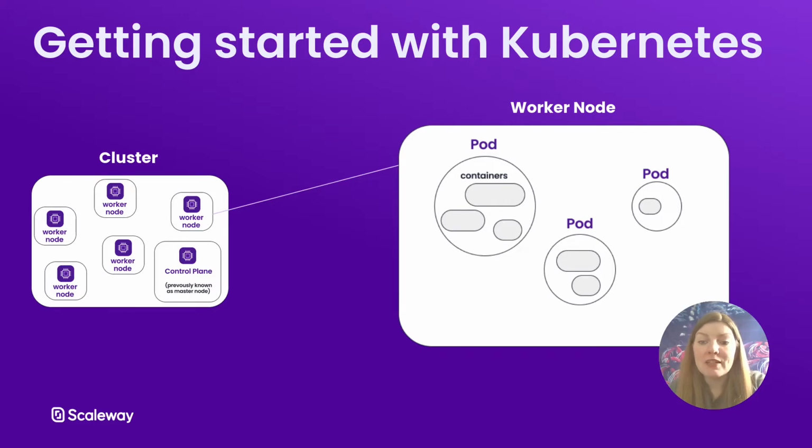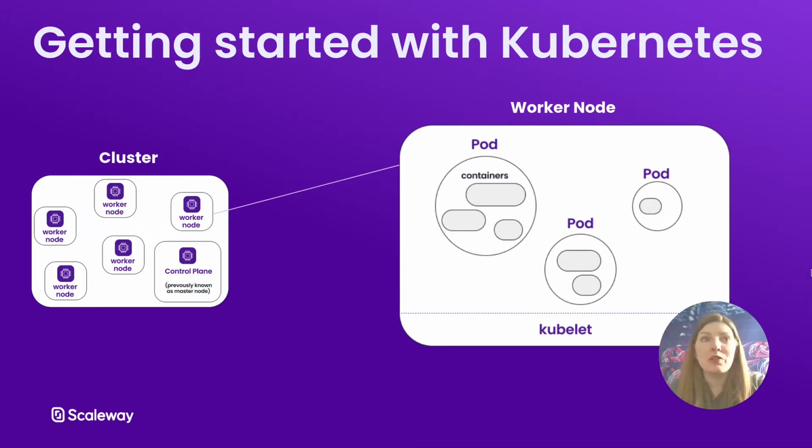So we can see here an example of what's going on inside a worker node with multiple pods running containers. Each worker node is managed by the control plane, and each worker node contains all the services it needs to run these pods. Something else we find in the worker nodes is the kubelet. The kubelet is the primary node agent that runs on each node, and the kubelet ensures that its containers are running and healthy, and it can also register the node with the control plane's API server. In the case of Scaleway Kubernetes Capsule, we manage the kubelets for you, so it's one less thing to worry about.